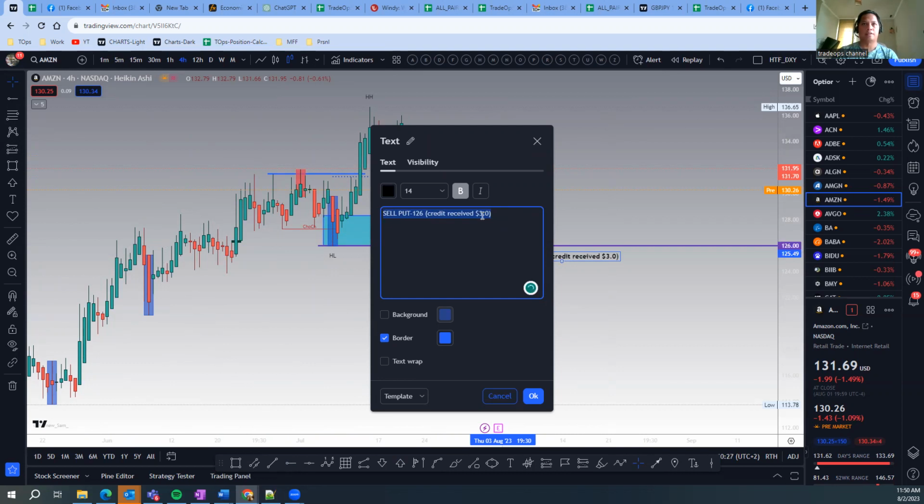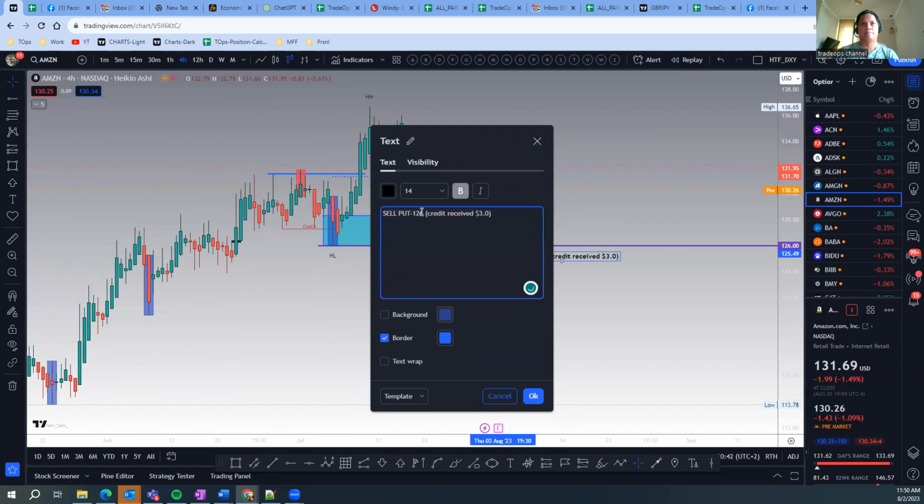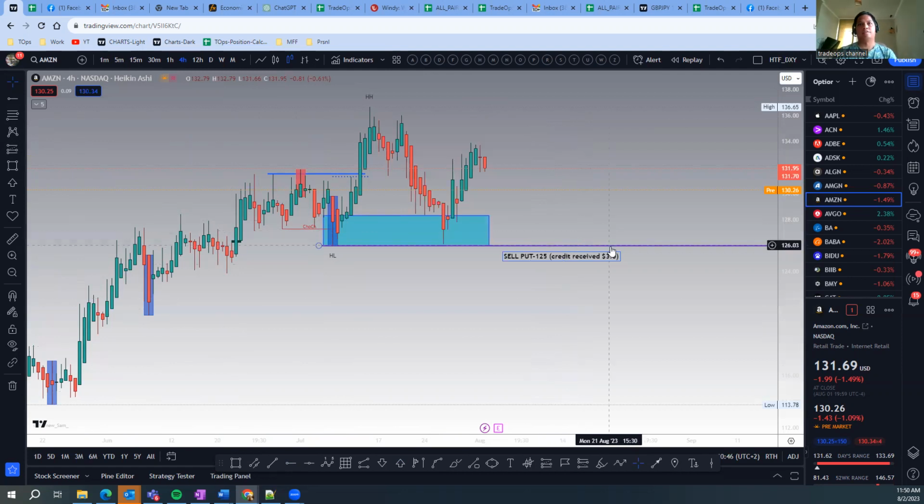That's a $300 credit in reality. And then to protect myself, I think there is no 126 strike, so let's make it 125. So I received a $3 credit, and then I buy another put,